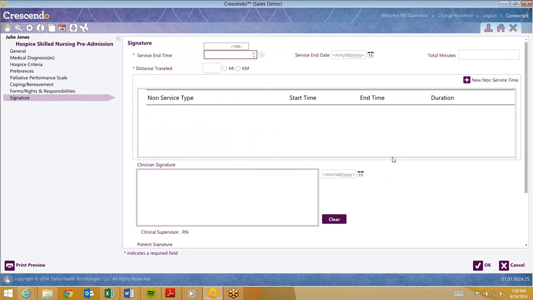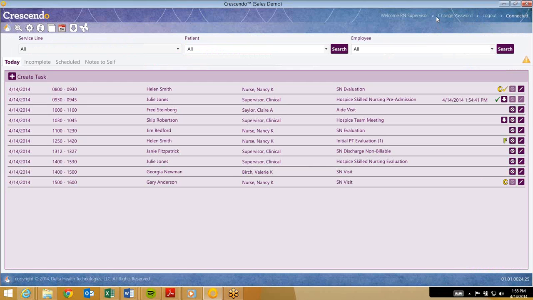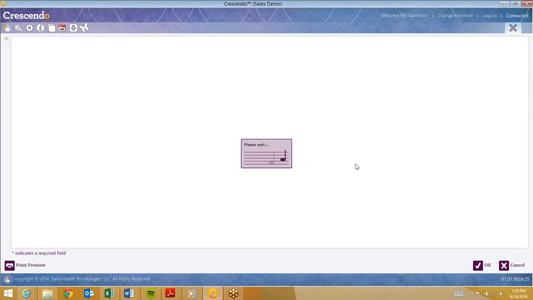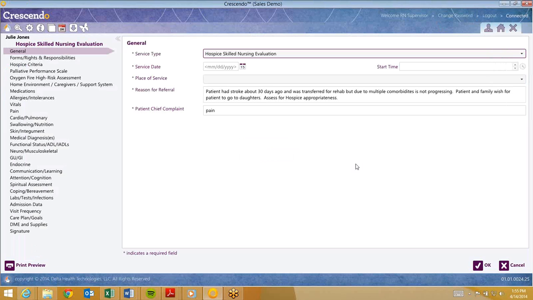So in this way, we can do a pre-admission visit and do some of that initial documentation towards the hospice requirements. If utilizing the pre-admission, you may then later go ahead and do the evaluation form for nursing. If the pre-admission is not utilized within your organization, you can go directly to the hospice skilled nursing evaluation form. Simply choose that activity from the list for the individual that's scheduled to provide that service, and